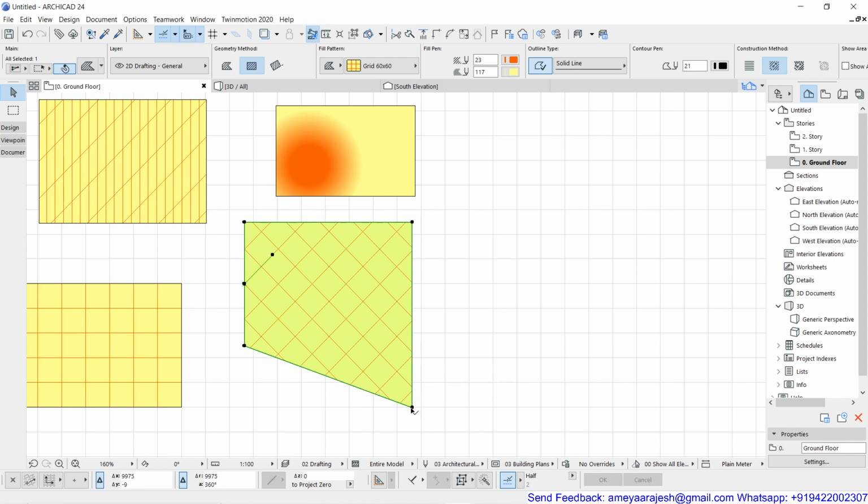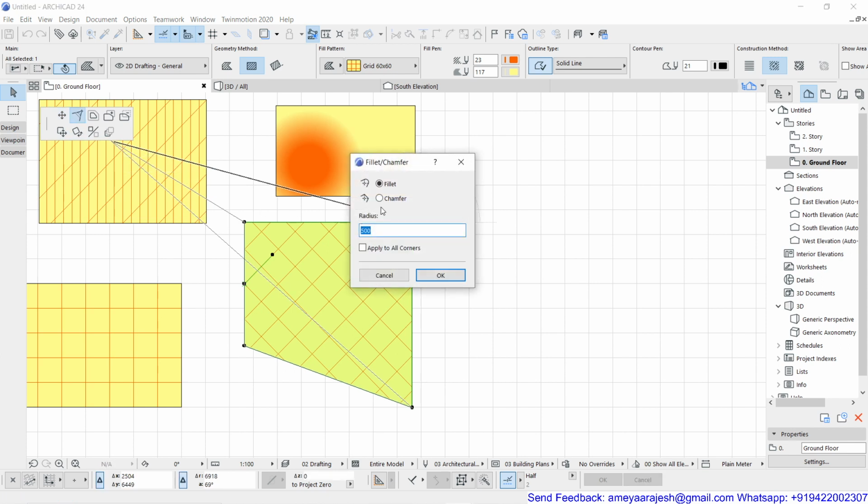In the same way I can again click on the same node, or if you want you can click on another node also. Again you will get the pet palette. Here you will see one option known as fillet chamfer. This fillet chamfer you can try to use, that is either chamfering the edges or filleting the edges, and you can specify some distance as per your choice.